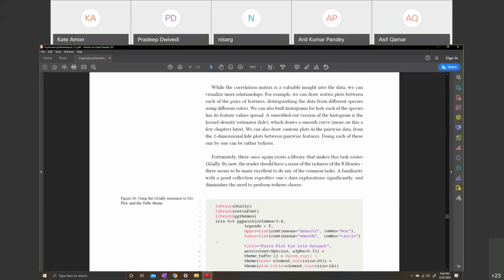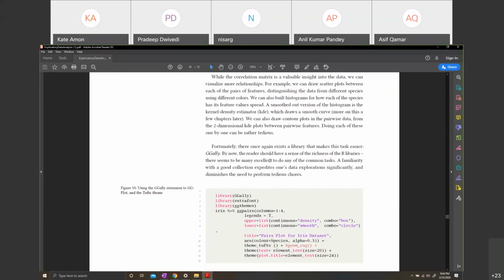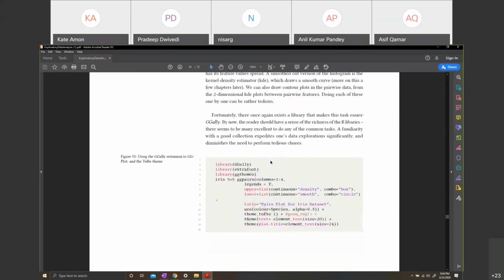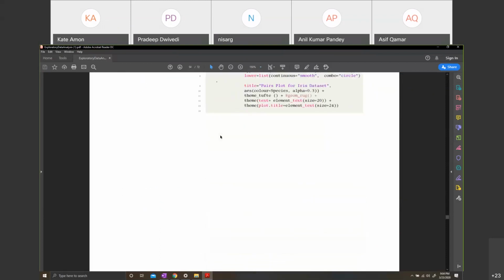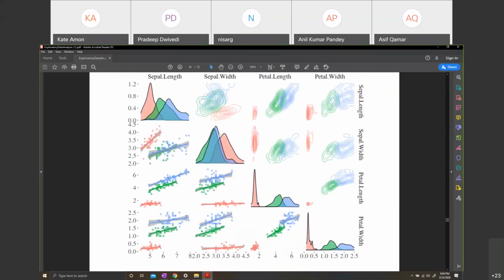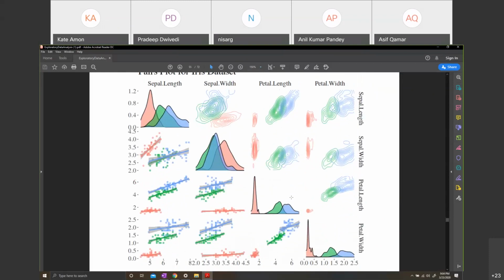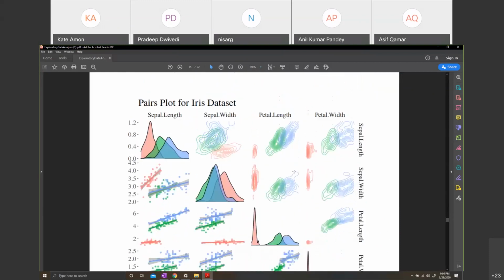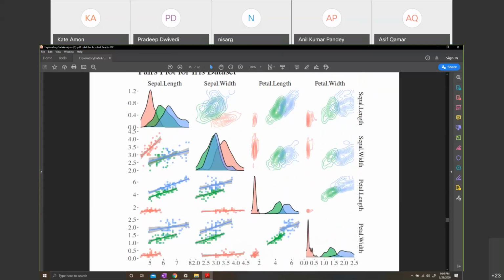You use libraries. Then you can do more than that. Suppose you want to do the pair plots that I was talking about. Remember, we did the pair plots in Python. So how would you do the pair plots in R in an equally pretty way? This is it. You use a library called GGally, again based on ggplot. And what do you think, guys? Does it look nice? It does, right? Asif, I have a question. The sepal length to sepal length should be a correlation of 1, right? So I didn't understand why there are 3 histograms there.